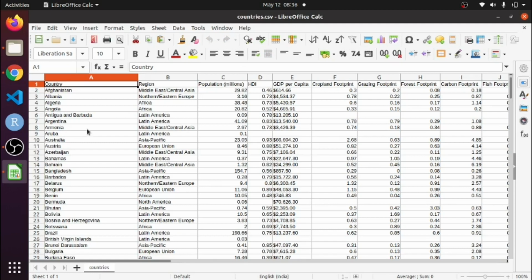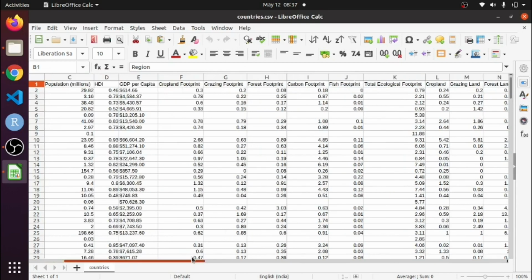Country is geography data, so I use maps to visualize it, and region is also geography data, and this is number data. So there are lots of statistical diagrams you can use. It also depends on what you want to do. So I explained the cropland.